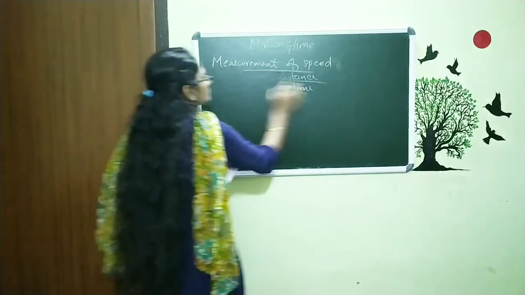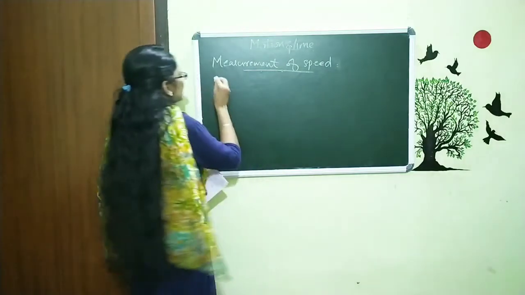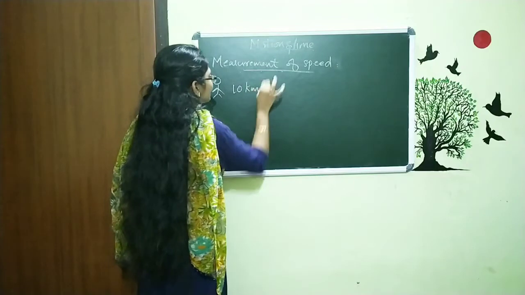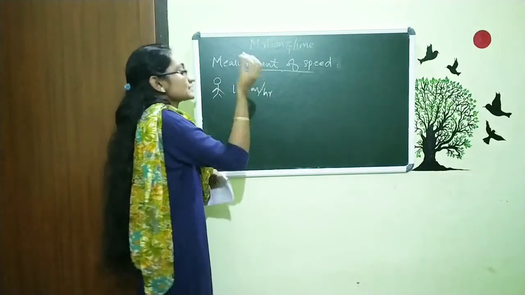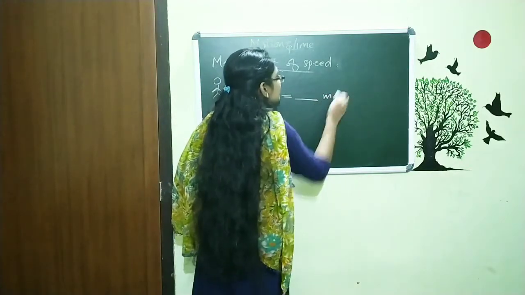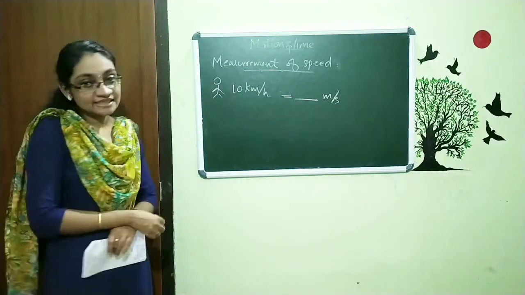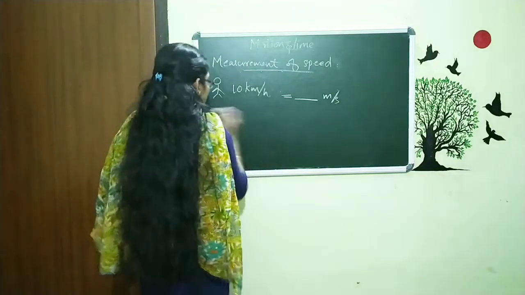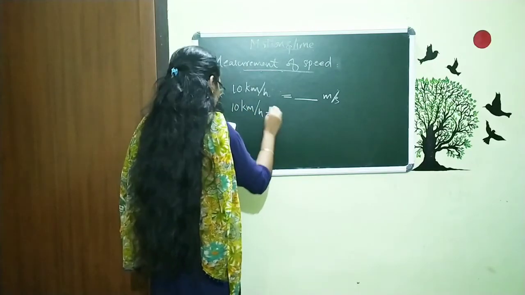A person is traveling with a speed of 10 kilometer per hour. The question is this: convert 10 kilometer per hour equal to dash meter per second. That is our question. Now I am going to explain how we want to do this. 10 kilometer per hour implies